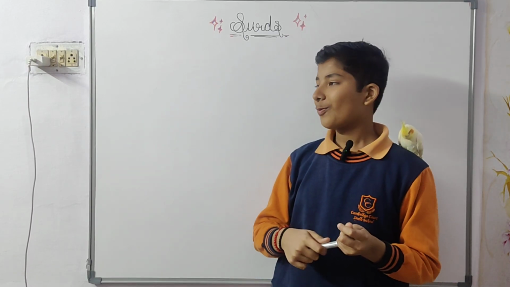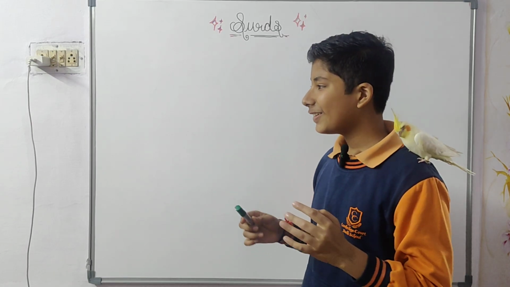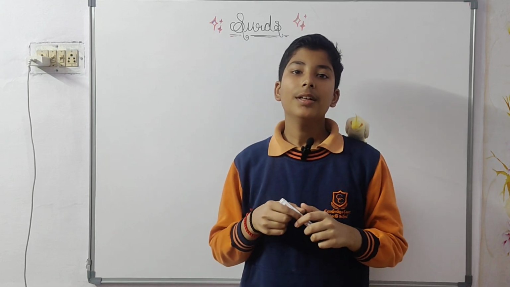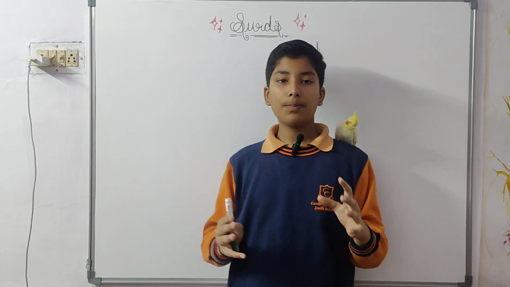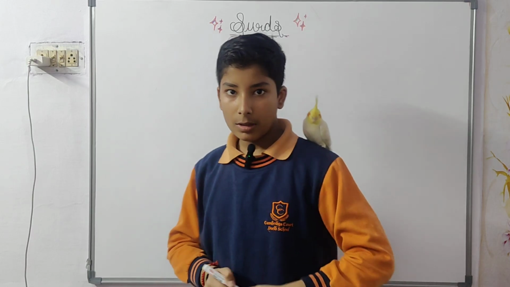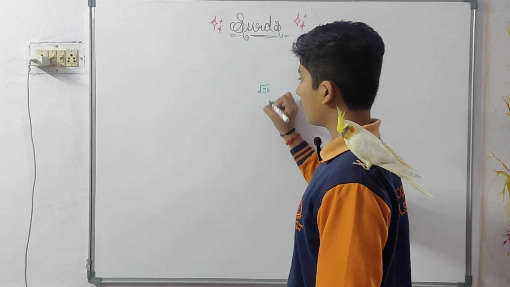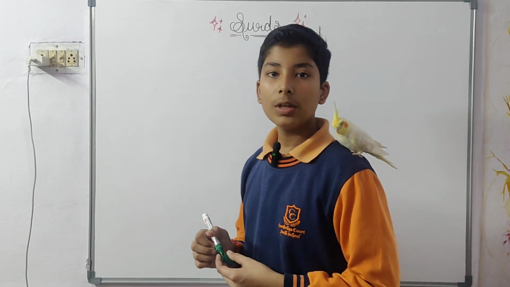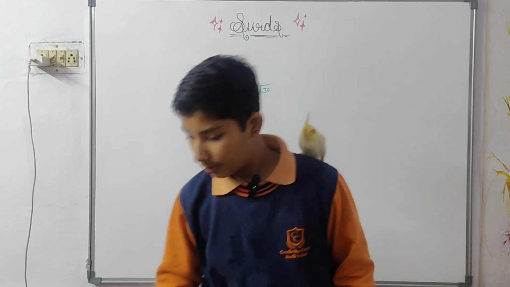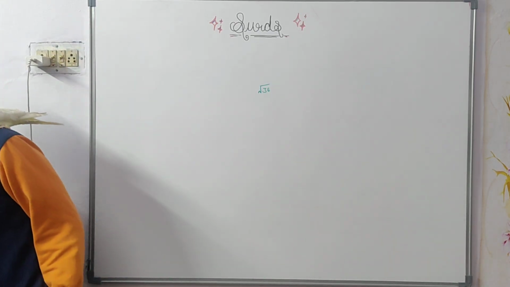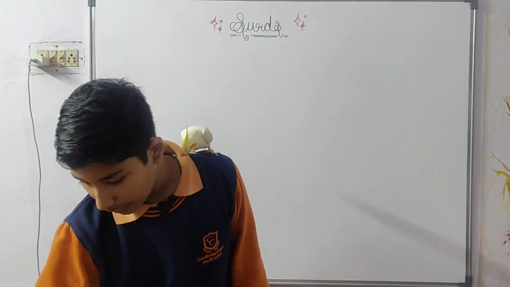So this might sound a little bit different, funny. Firstly, what is surd? Surd is any irrational number which is root, and when simplified it will remain in root. For example, root 36 can be simplified into 6, but root 36 is not a surd, and we know that root 36 is also not an irrational number.